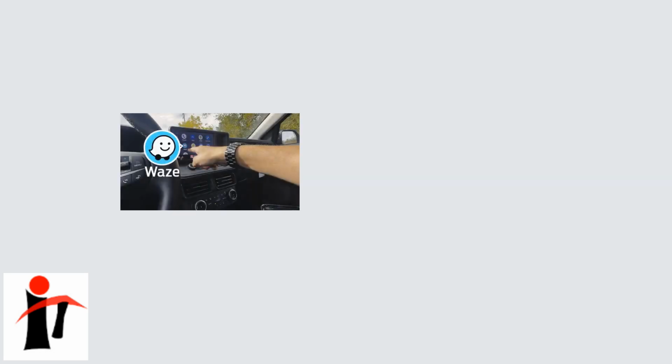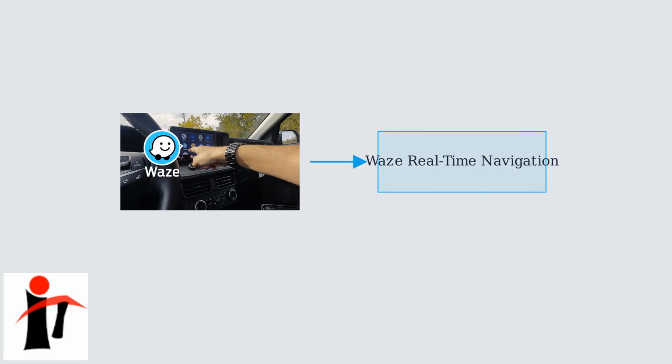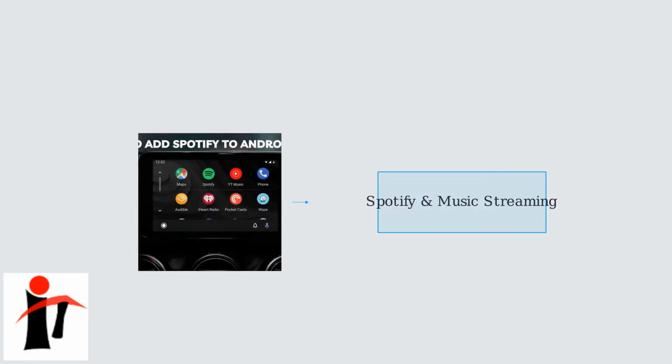Once Android Auto is mirrored on your Tesla Model 3, you gain access to popular navigation apps like Google Maps directly on the vehicle's touchscreen. You can also use alternative navigation options like Waze, which provides real-time traffic updates and route suggestions optimized for your drive. Music streaming is seamlessly integrated, allowing you to control Spotify and other audio apps through the Tesla screen for